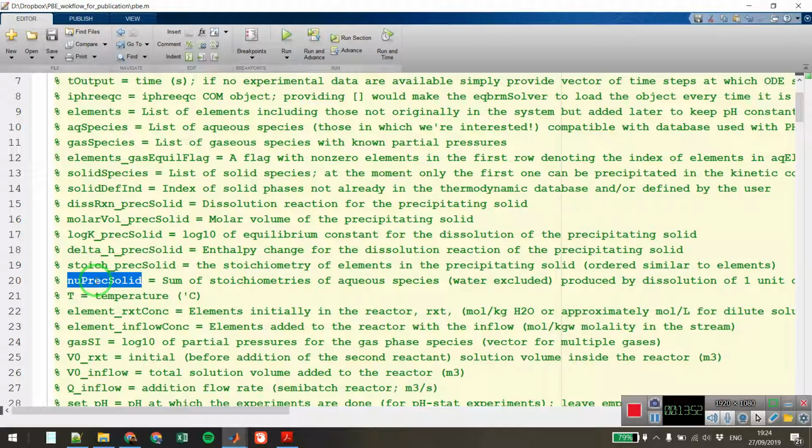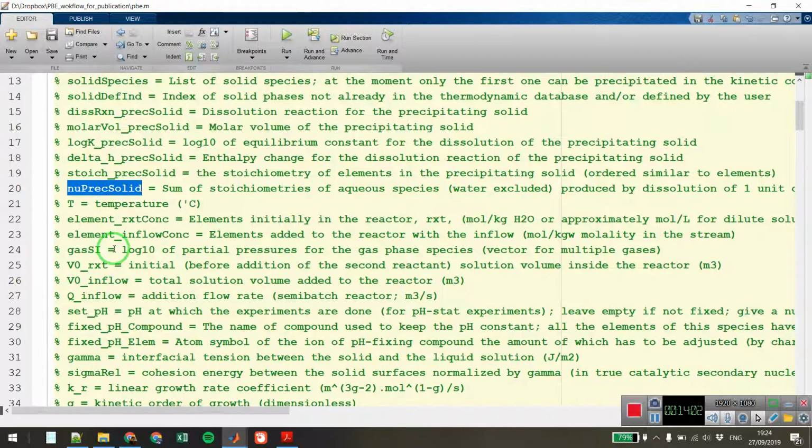For example, if calcium carbonate is dissolved, we produce one calcium, one carbonate, so this new parameter will be 2. We have the temperature, element reactant concentrations. So this is basically the reactant concentrations inside the reaction at time 0. Then the experimental setup is semi-batch. It could also be batch, of course, but in the more general case of semi-batch reaction vessel, we have also